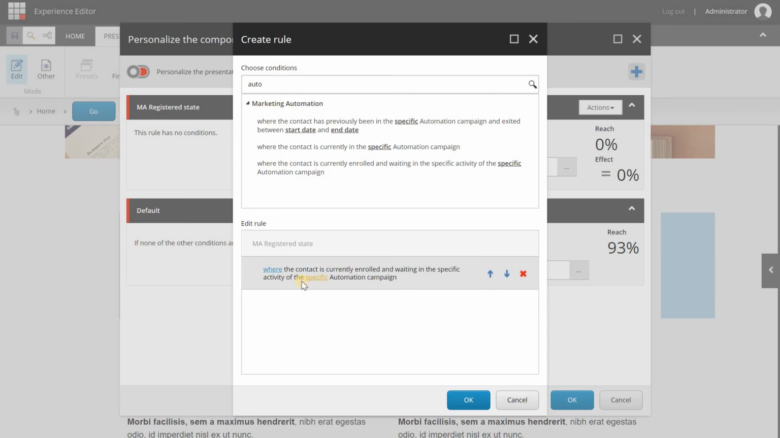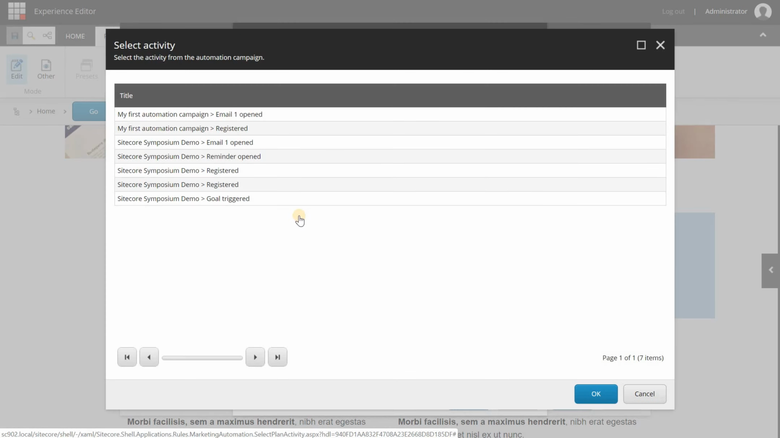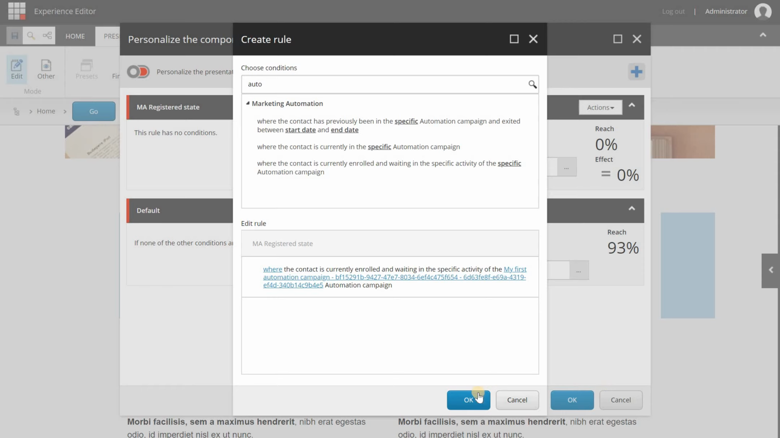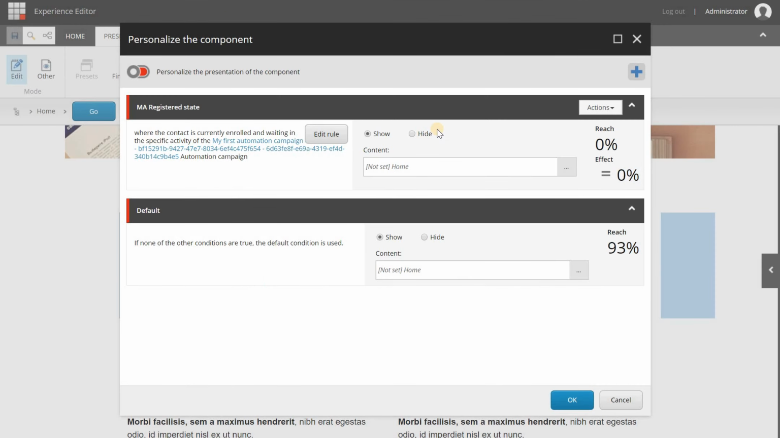So I'm selecting this one, and when I'm hovering over this rule I can click on the specific text, and in here I will get a list of the marketing automation campaigns with the different states. My campaign is called my first automation campaign, and I want the registered state element. So I'm selecting this one, click OK, and now that I have configured this rule, I can select the content that I want to show. So I'm clicking on this button,